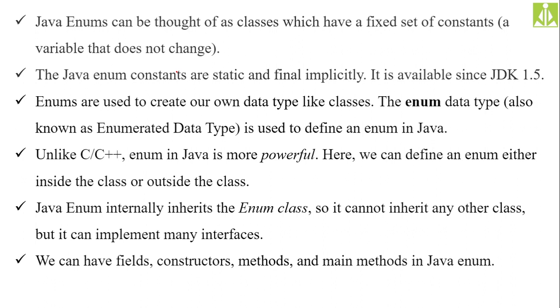Once a particular class is inheriting another class, there is no scope of inheriting other classes, isn't it? Because multiple inheritance is not supported in Java. At any point of time, any predefined class or any user defined class can inherit only one existing class. But to achieve multiple functionality, it is implementing many interfaces.